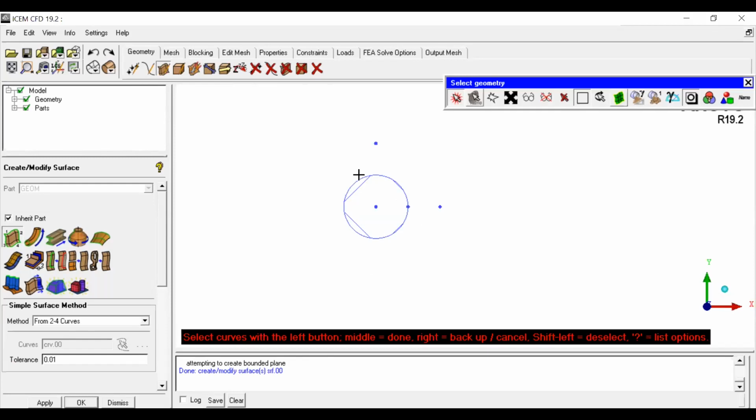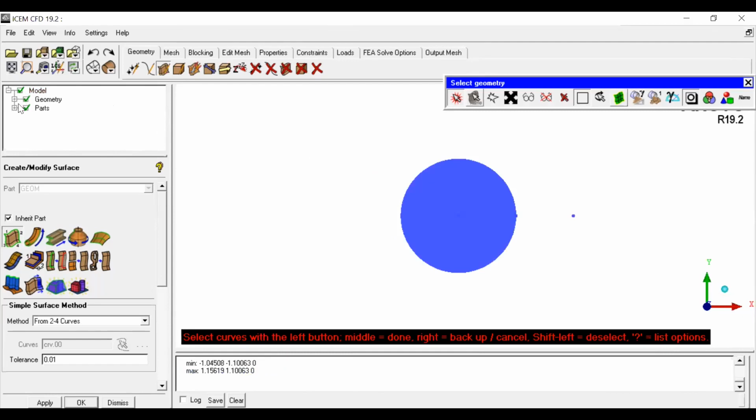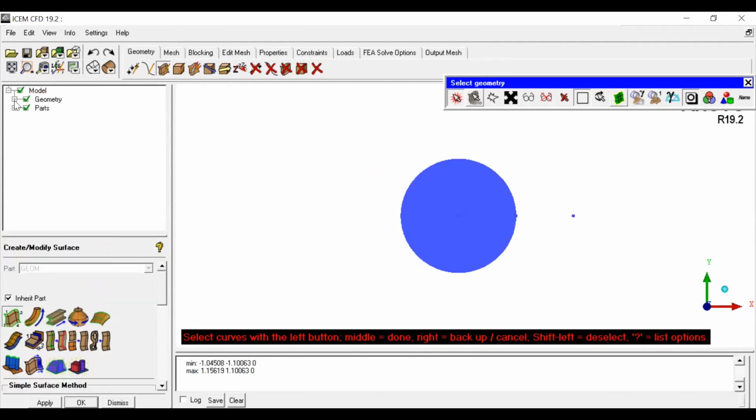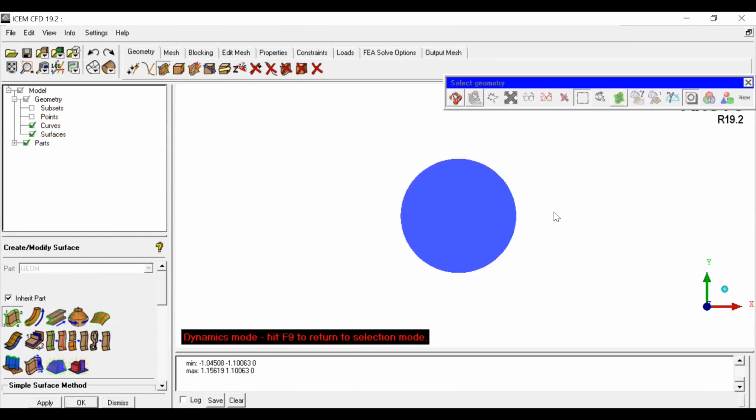It is actually in wireframe mode. To view the solid mode, go to solid mode, and the surface is generated. You can visualize it in the geometry tree. If you expand the geometry tree, you can see that the surface is created. Please try, you will get it.